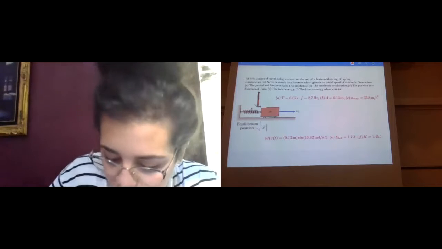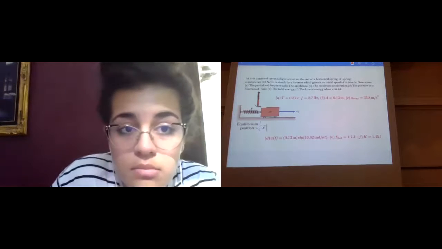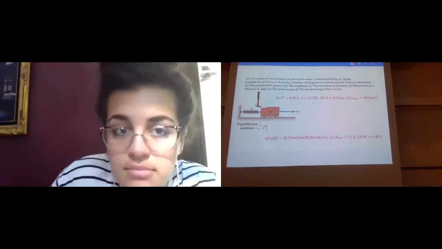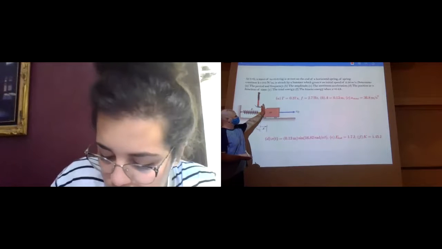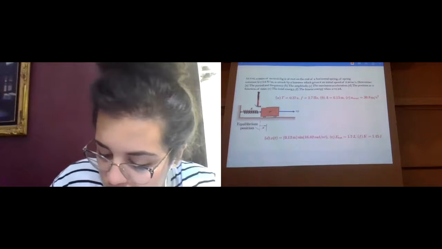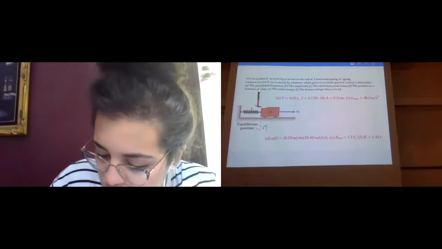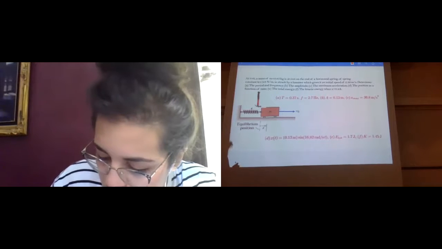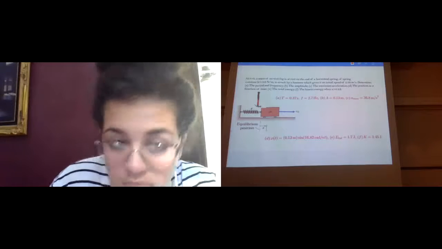I see it sitting there, I don't like that, I get mad at it, so I hit it with a hammer. Why not? So I'm going to swing this hammer and hit it, giving it an initial velocity of v0, where that initial velocity is 2.26 meters per second. From here, we want to determine what's the period, what is the frequency, what's the